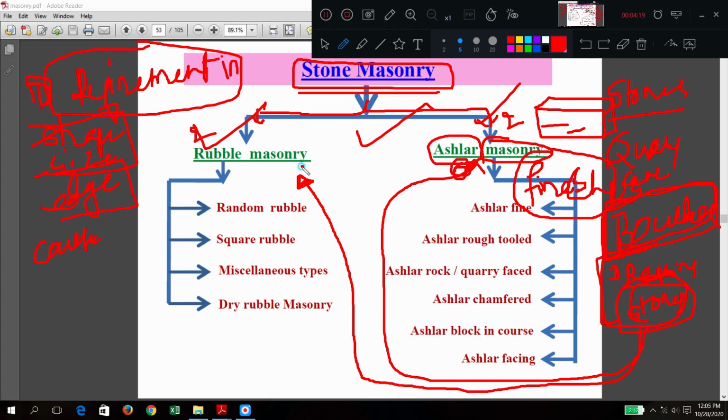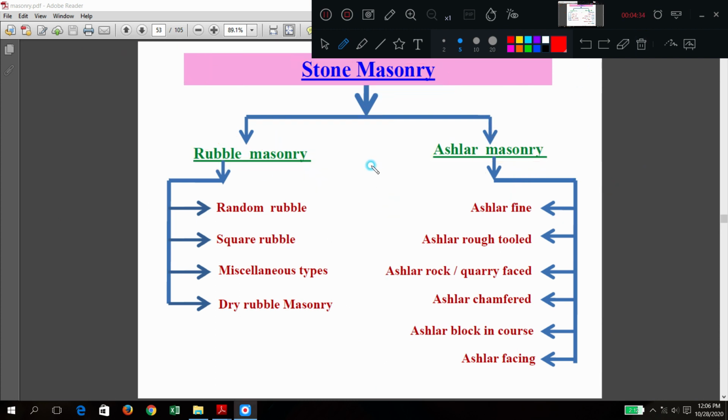Those less refined stones are called rubble stones, and construction using rubble stones is called rubble masonry. Try to understand the difference between rubble stone and ashlar stone. Masonry is common, that is the construction work. In rubble, refinement is less. In ashlar, refinement is more.